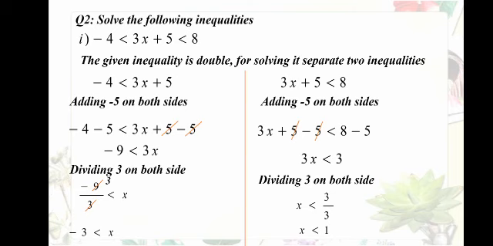Now you have two inequalities, minus 3 less than x and x less than 1. You can see that x is common between them. Whatever is common, you have to write it only one time and make a combined inequality. So the solution set will be minus 3 less than x, x is common, then less than 1. So by separating the inequalities, in the end you have to combine the solution set and you will get an answer. We have combined them: minus 3 less than x less than 1. So this is your solution set.